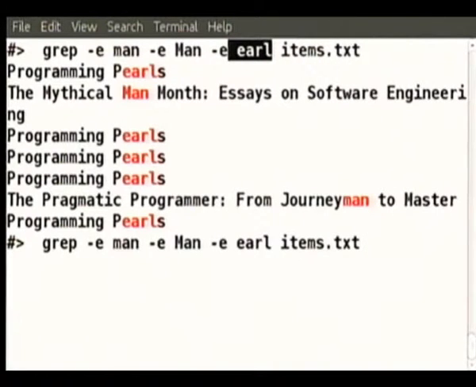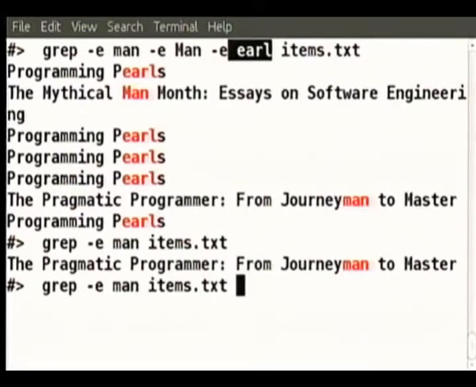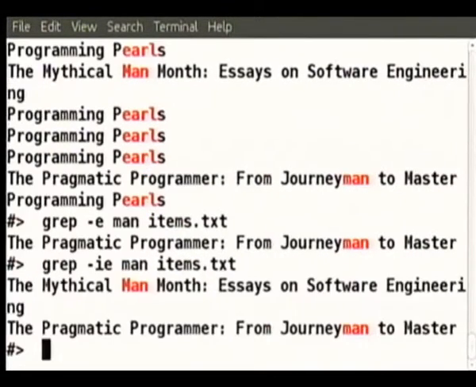Suppose now you are interested not in OR but AND. Maybe one of the options of grep will allow you to do this. If there is only one pattern, then you may or may not put -e. Now incidentally there is only one, so why don't we look for -i? So now we have two options. Why? Because -i means case insensitive. The -e option you put or don't put doesn't matter if you have only one pattern anyway. If you have two patterns, then there is a problem. You have to put -e for OR.